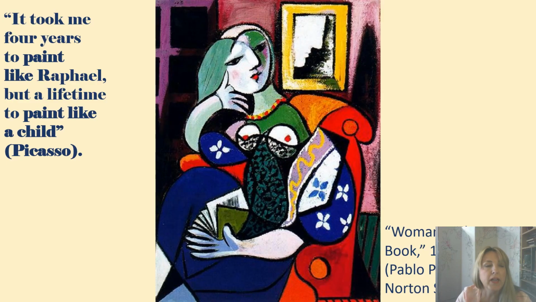So to quote Picasso, he said, it took me 4 years to paint like Raphael, but a lifetime to paint like a child. And this is, again, by Picasso. This work is Woman with a Book. This is at the Norton Simon Museum, and it was produced in the 1930s. I think that's kind of the peak of his work. His work was really quite lovely in the 1930s, and that's simply opinion. A lot of other people have other works that they love. However,